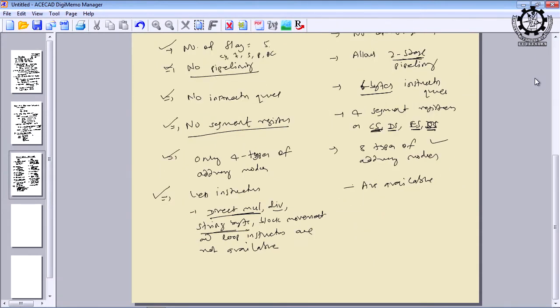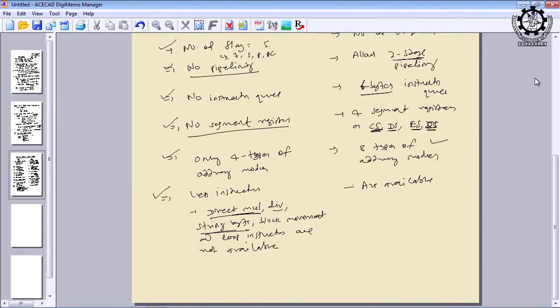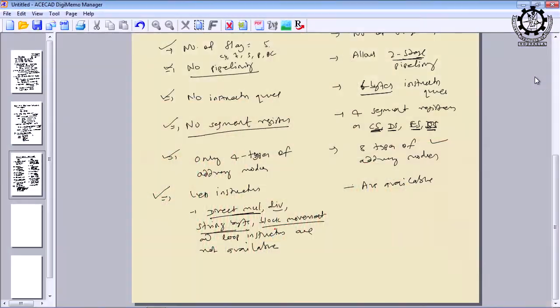no string instructions. If you want to write, suppose, a name, a place name or a person's name, it is not capable. For that we can write a few instructions in 8086, which will display the strings, and we do not have any block movement instruction. Suppose you want to transfer a group of bytes from one block of memory to another block. For that you have to individually transfer byte by byte through the instructions, but here for block movement direct instructions are available, where you can directly transfer a few bytes in one part of the memory to another part,